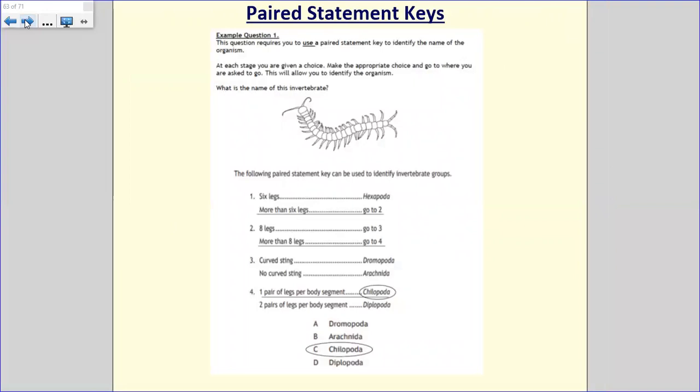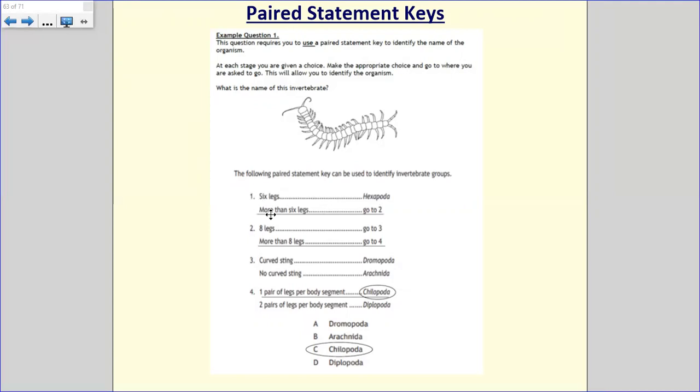So here's an example. If you imagine that you found this invertebrate in your pitfall trap, to use the paired statement key, at each stage, stage 1, stage 2, stage 3, and stage 4, you're given a choice. You have to decide which one you're going to choose and then follow the instruction on the right-hand side. So if we take a look at this as an example,